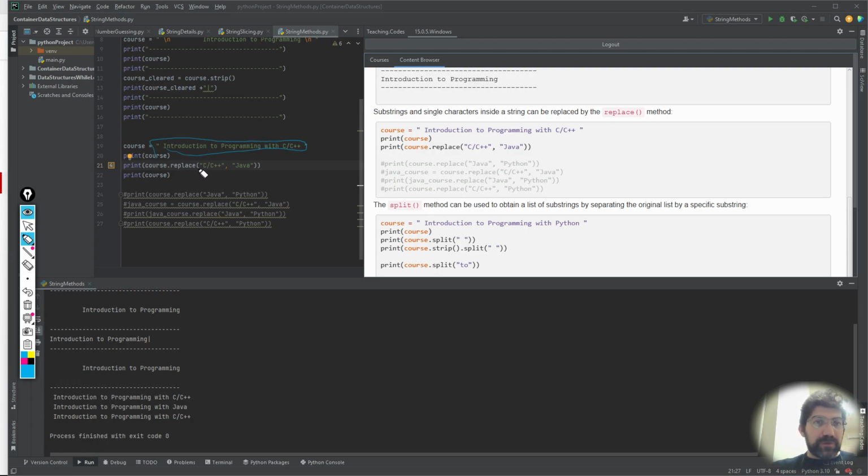Now I want to replace C++ with Java and then output that one. After that, I want to output the original form once again. So this is the original one. This is the modified one, and this is the original one once again. So the replace function searches for this string in your text and replaces it with the given string. If you have multiple,